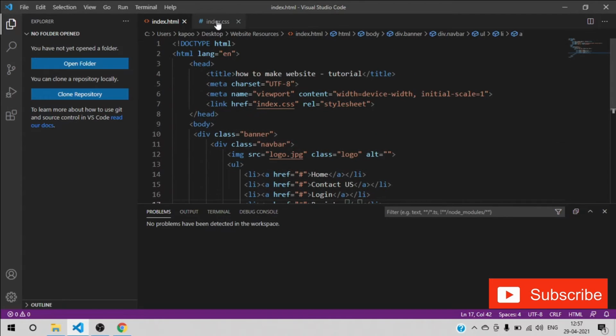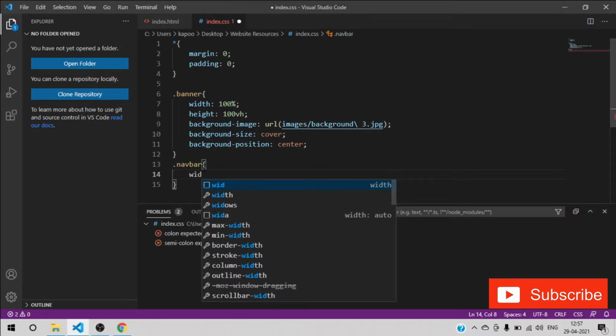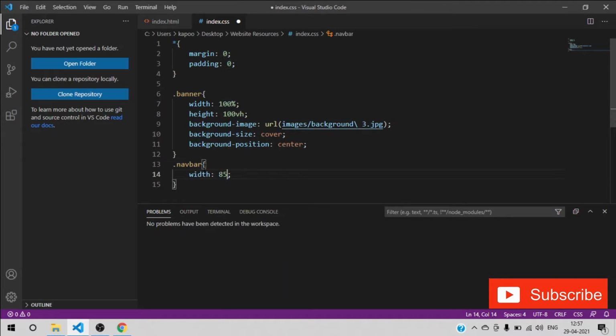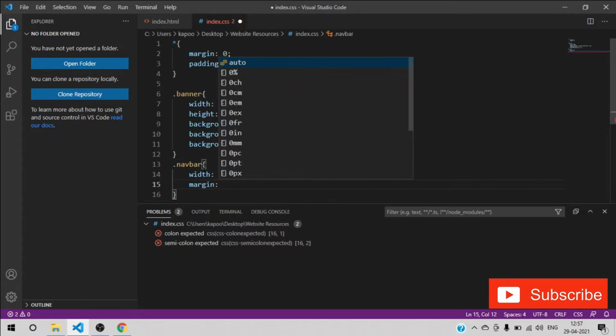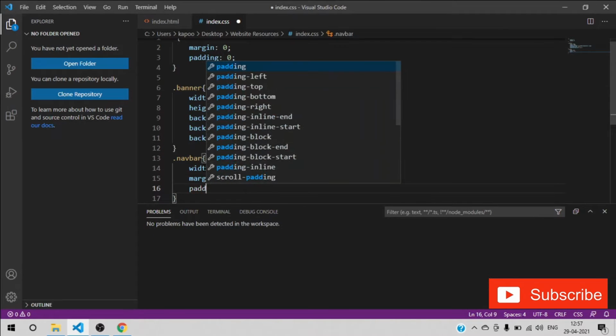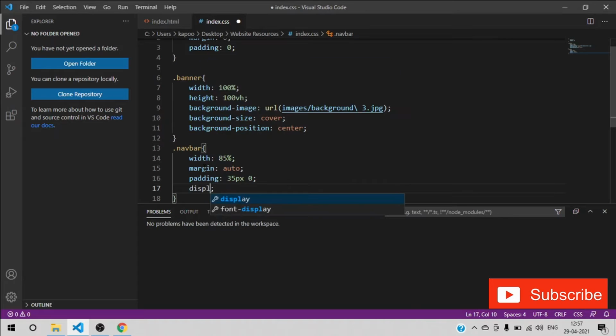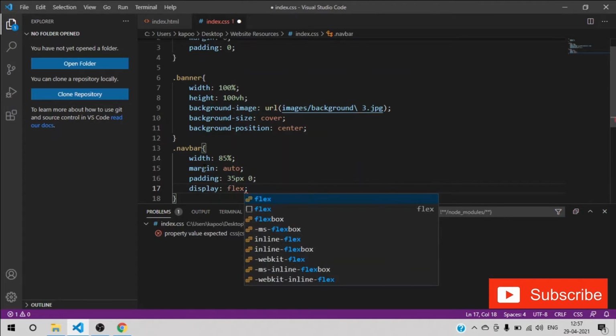Okay, so just copy the navbar, open the CSS, just add effects to our navbar. So give it width as 85% and margin as auto and padding is 35px and 0 and let's say display is flex.